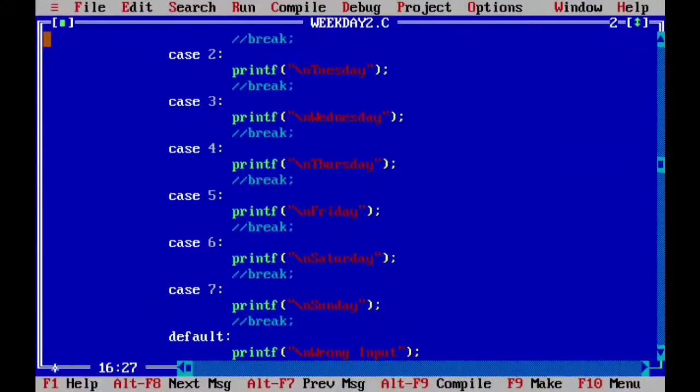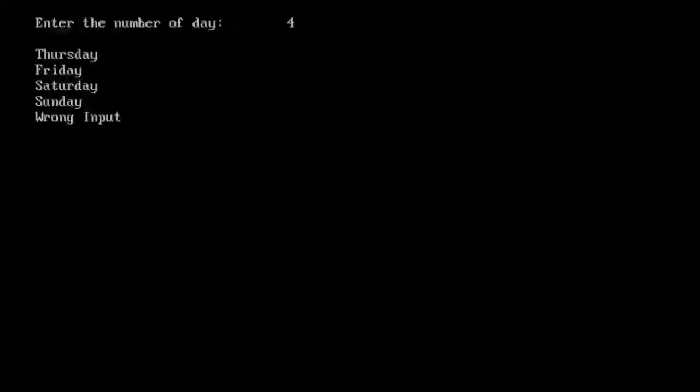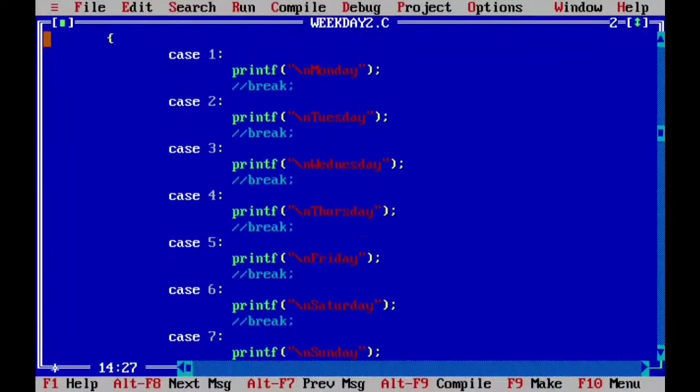So that is why the break statement is very, very important. If you do not give the break statement, then whatever case is about to execute, like just now we have seen, if the value given is 4, then after case 4 all the cases are executed. So the break statement is important, so that once your case is complete, it should come out of the switch segment.